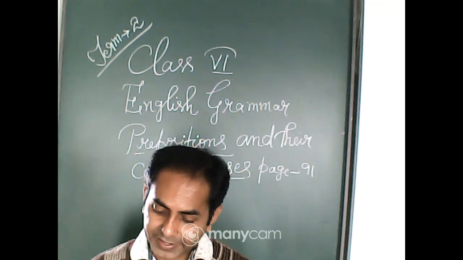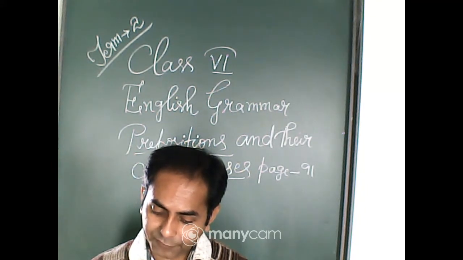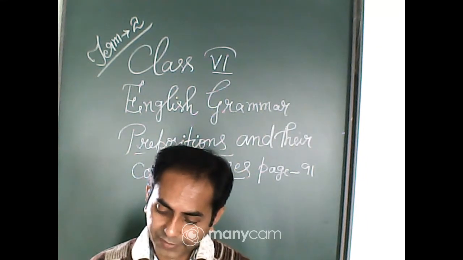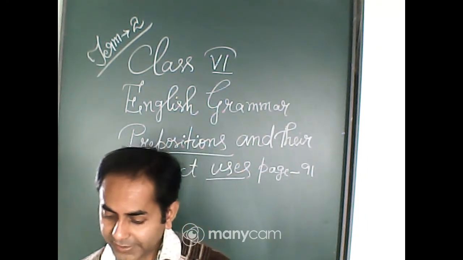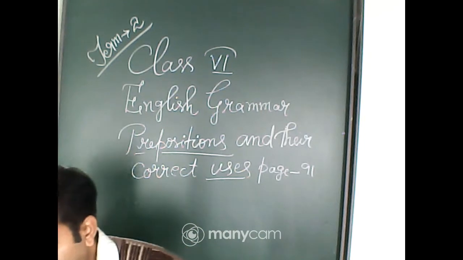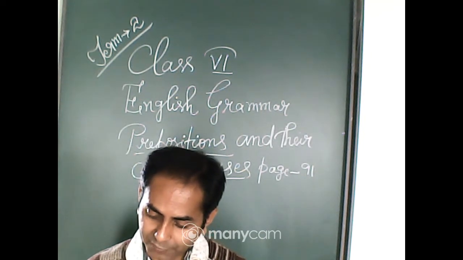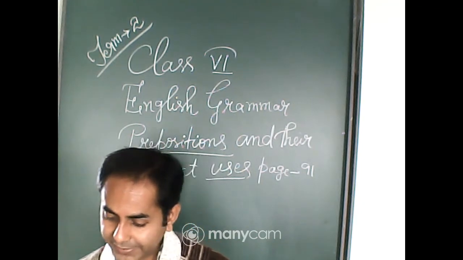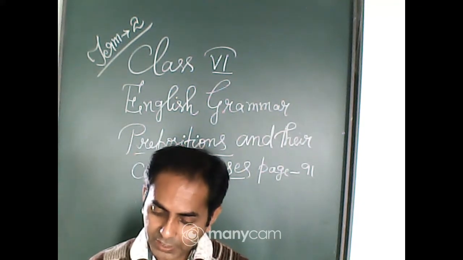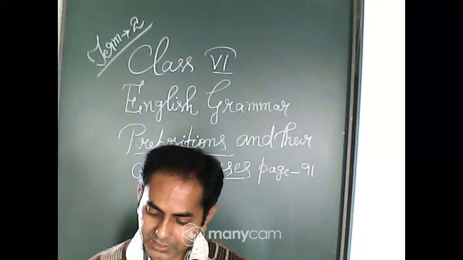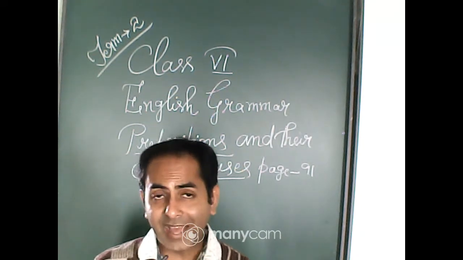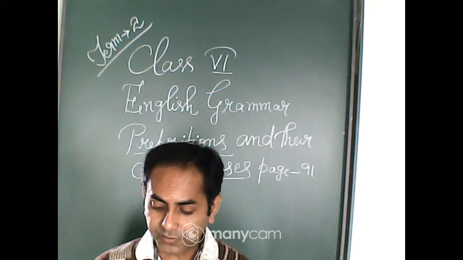Here in indicates the entire period of time. "I went to the market in the morning." Here in indicates part of a period of time. "I will finish my work by 8 p.m." Here by indicates a time limit. "He will sleep until dark." Until indicates a time limit but also implies continuation of an action. That means it will not be completed over there, it will continue.